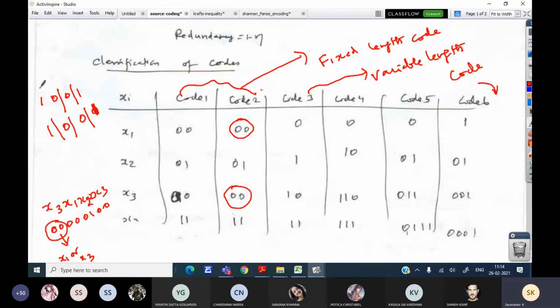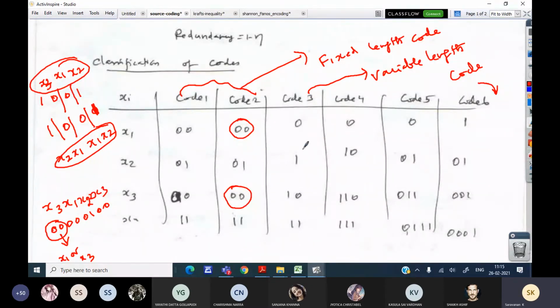When I decode in this way it is x3, x1, x2. And if I decode in the other way, it is going to be x2, x2, x1 and again x1, x2. Am I right? Right. So it is not a unique code.